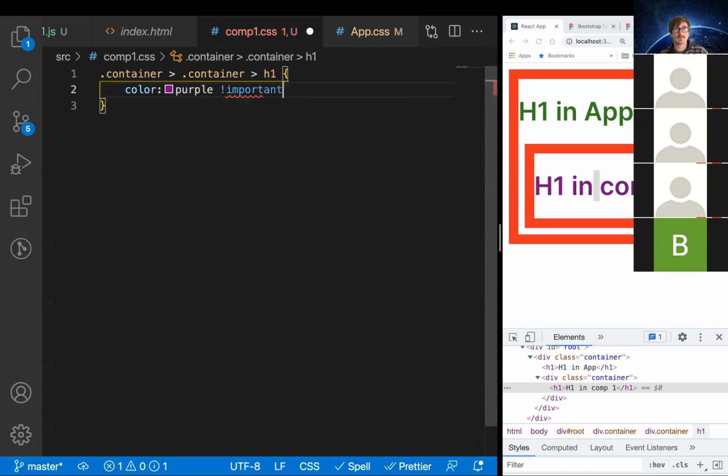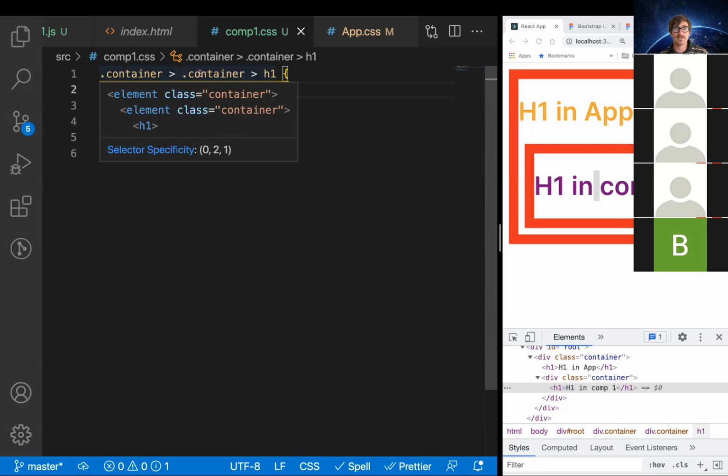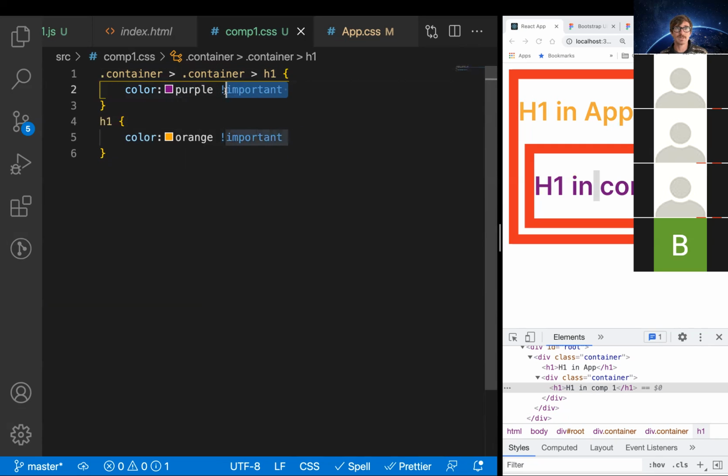And then I can do things like important. Let me come down here and just do H1 and make this orange. I make that important. Now importance is going to override everything. But then if I have a rule that is more specific than that important one,